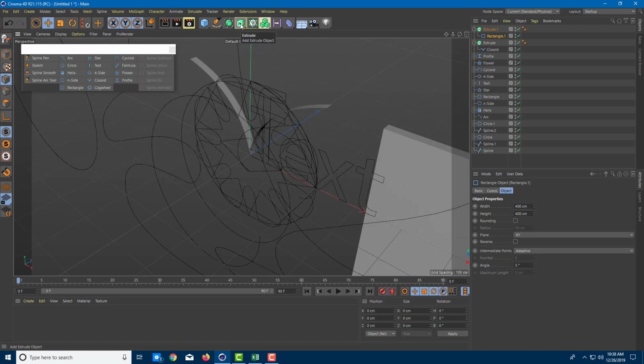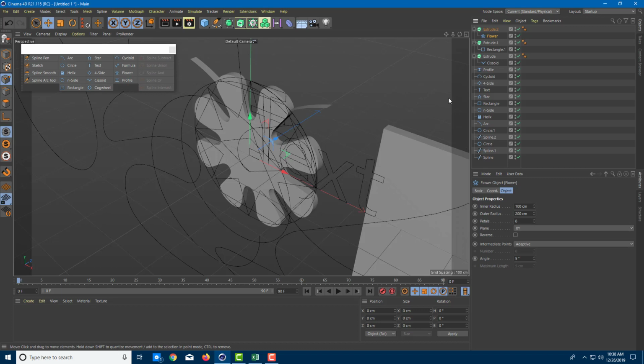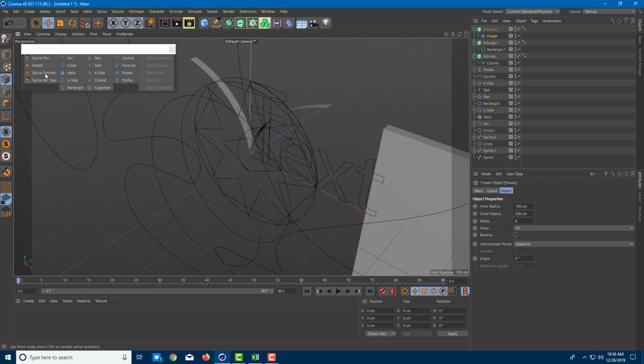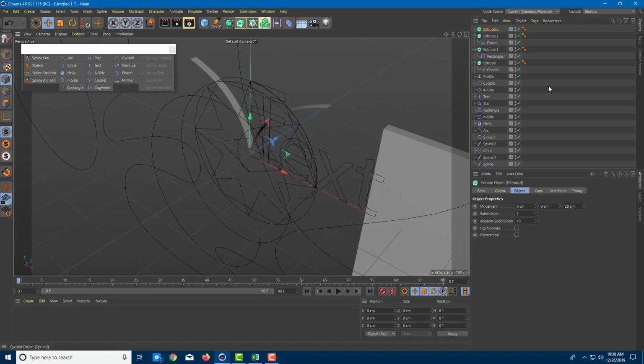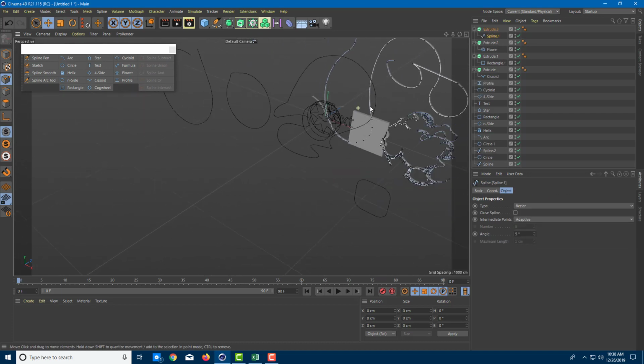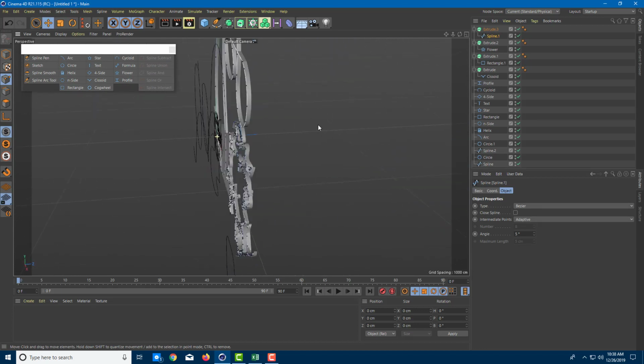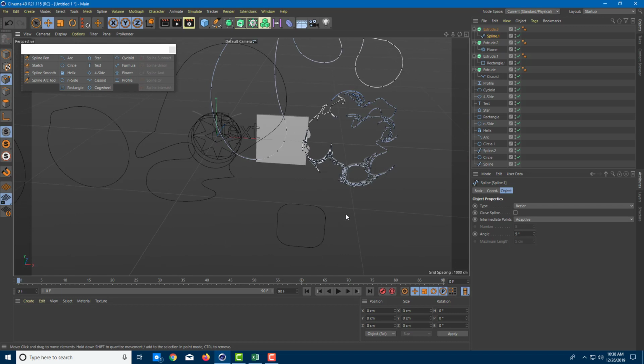Let me just create another extrude. Let's extrude the flower now. So you can see that the flower is a model and each and everything that you made actually. Let me just create another extrude. Let me bring the spline right here. So extrude. So you can see that the spline that we made is now an extrude tool. So it's an object, a 3D object made out of the 2D object, as you can see right here. So that is how you can do spline modeling with spline tools and different spline options that are available in